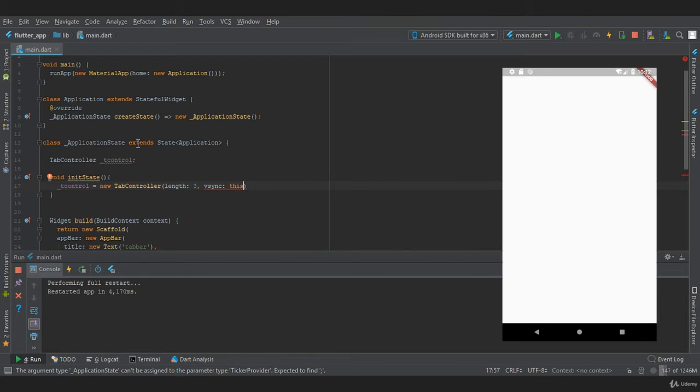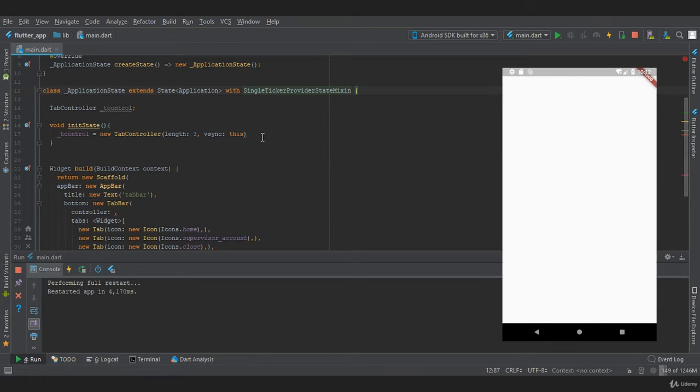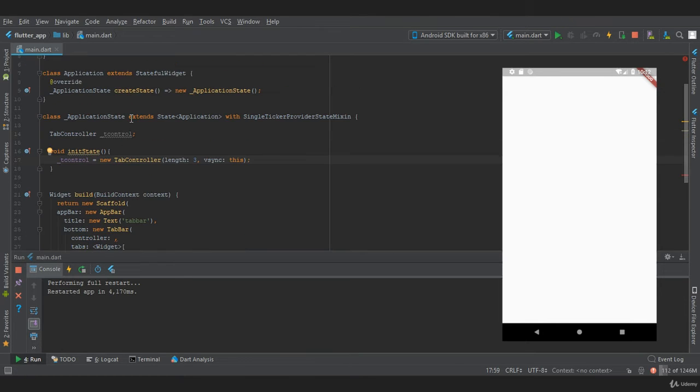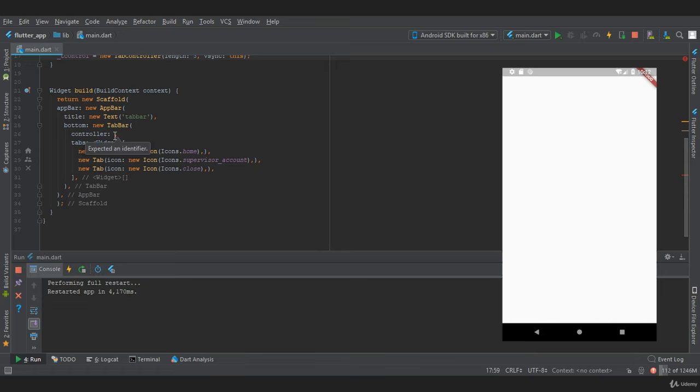Now where it says extends state application, we need to provide with single ticker provider state mixin, and now there is an error, which is a semicolon error. Now we want to provide this t control in our controller, so we'll say t control. Now let's restart our app.